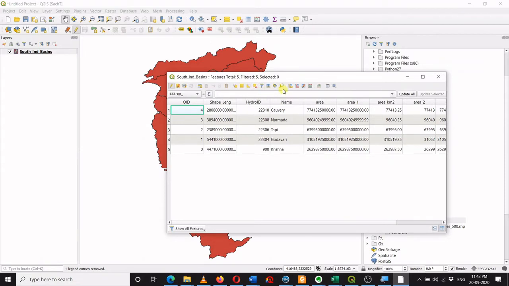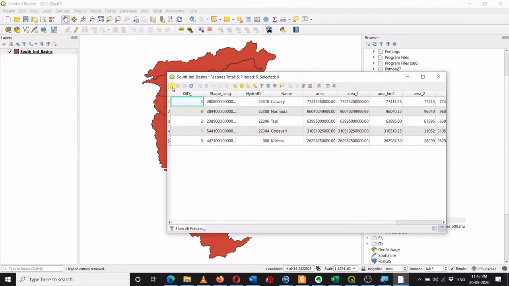In general, the shapefile is by default in non-editing mode, just to avoid any changes which can knowingly or unknowingly happen by clicking here and there. So now this editing mode is on. By clicking on the same icon, I can again turn off the editing mode.